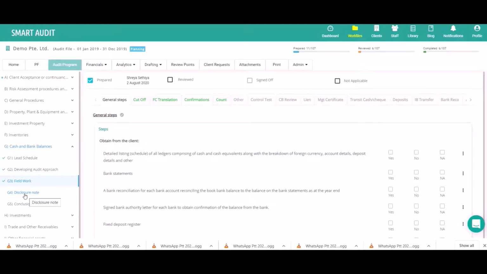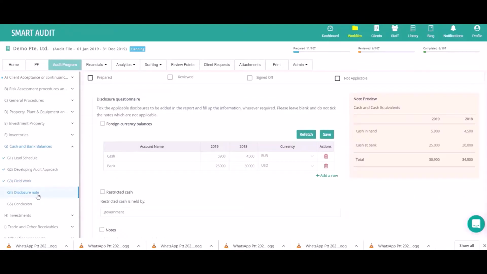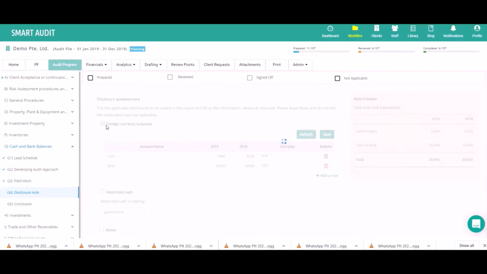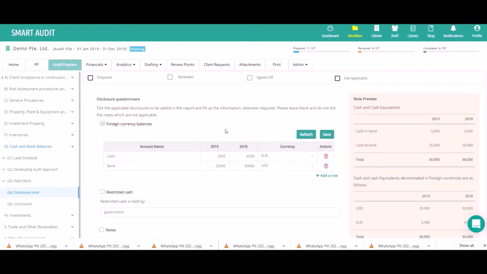Disclosure note can also be prepared at the time of report drafting. Here, the system will auto-generate the disclosure to be added in the notes to accounts. You can also add additional disclosures based on the company's accounts, for example, foreign currency disclosure if the company has cash and bank balances in foreign currency.